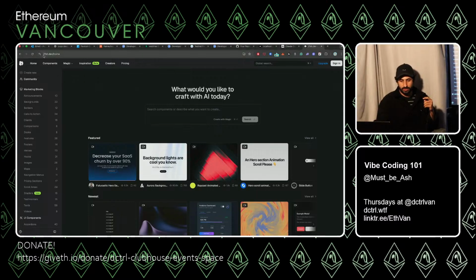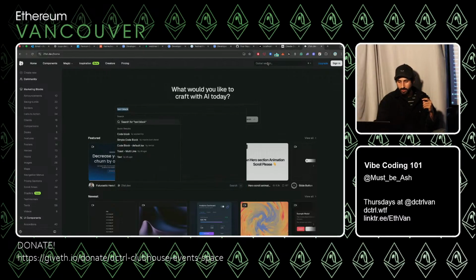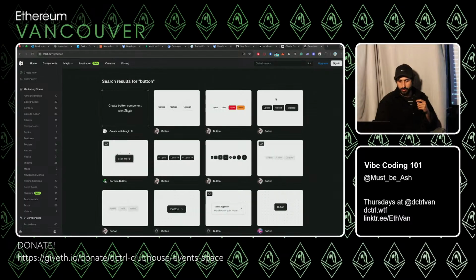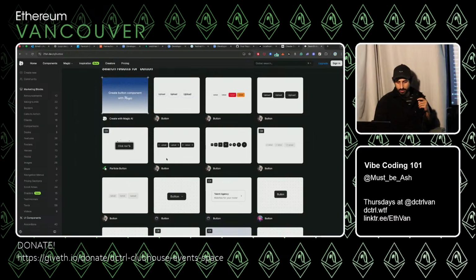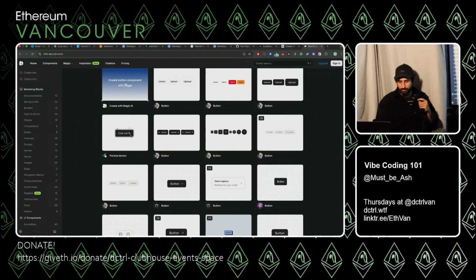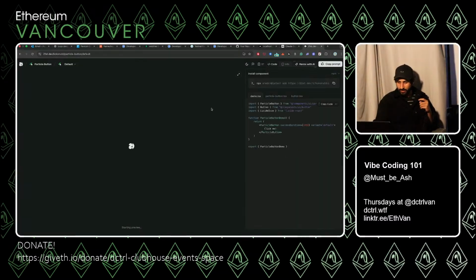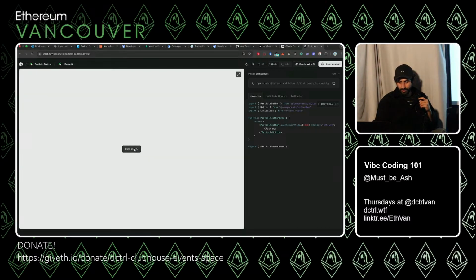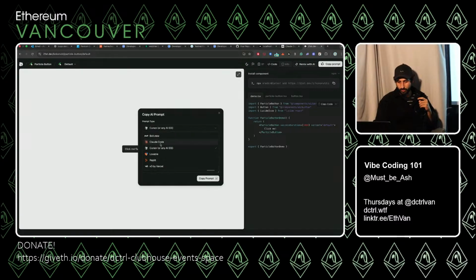One of the nicest ones is this thing called 21st.dev that you could basically just type button. Not sure how nice the buttons are gonna be, but it would show you a library of button components, and I'm like, oh yeah, that's exactly what I've been looking for. Something that throws up confetti when I click it. And then you can try that component out in the sandbox environment they got here. And you have the code here, but the best part is they give you the custom prompt for, oh, they just added Claude Code, about time, for the environment you're using.